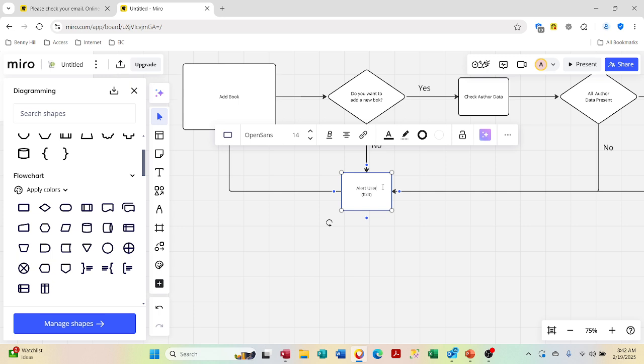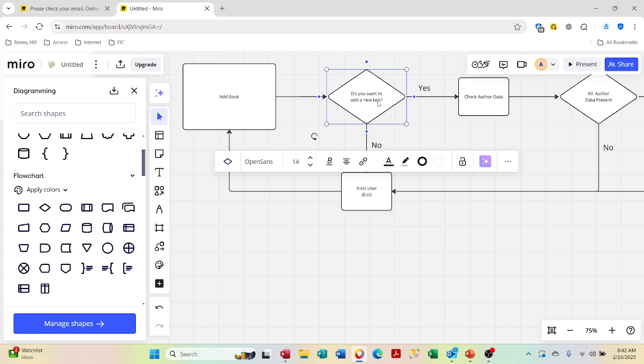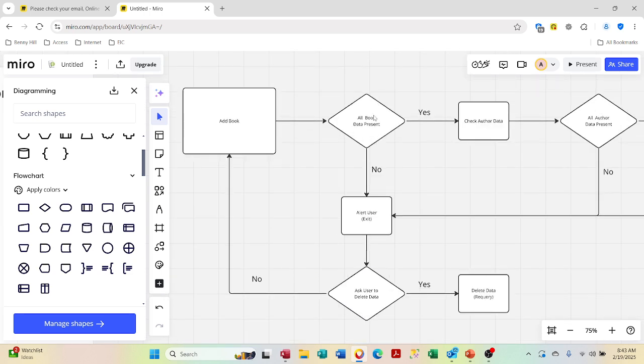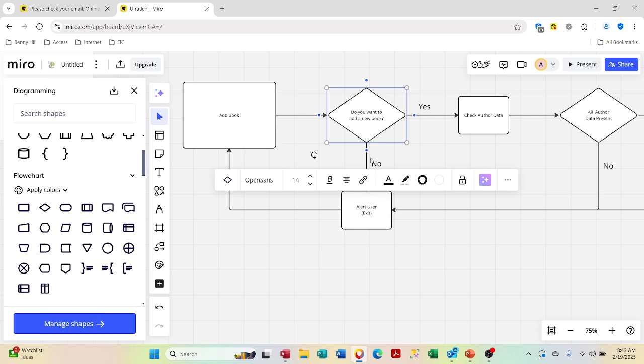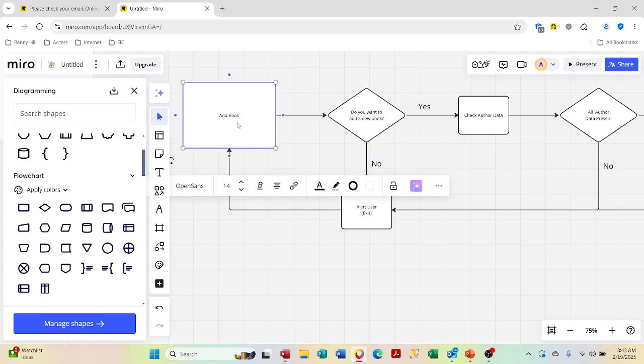actually, let's do it this way. And oh boy, I didn't spell this one right, did I? Let's go back up to the top one there. Oh, maybe I deleted. Okay. Do you want to add a new book? And this is the add book icon, right? Or the button. We're going to call this the button. So you're going to click the add icon button,